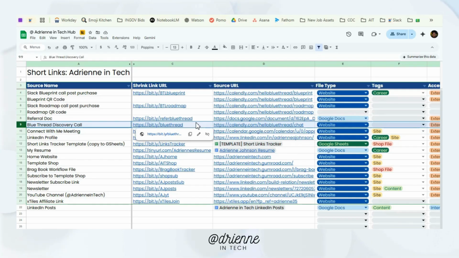Now, super helpful because the bit.ly remains the same, right? No matter what I change on the back end, I don't need to go back through and figure out, oh my God, where have I sent this to a client for them to schedule with me? Where have I sent this to someone who is curious about my business? That link is not going to break. Anytime I change this on the back end, it's going to remain the same on the front end, and I won't have to worry about broken links, a trail of broken links behind me where people are trying to get in contact with me that they can't get in contact with me. So long story short, use short links.